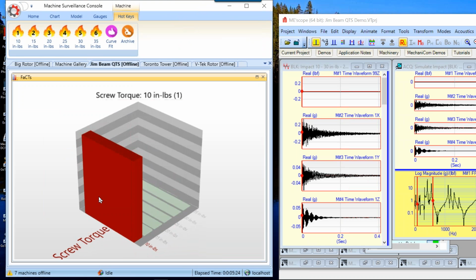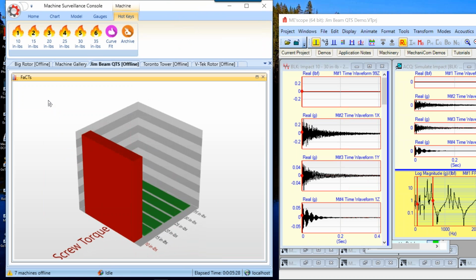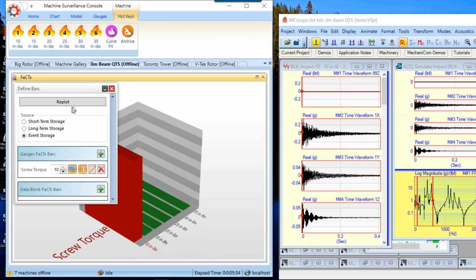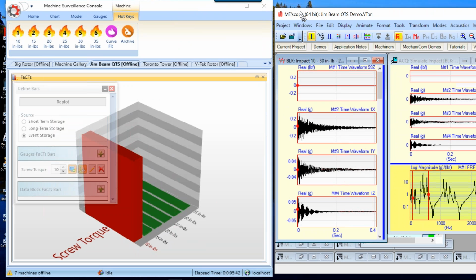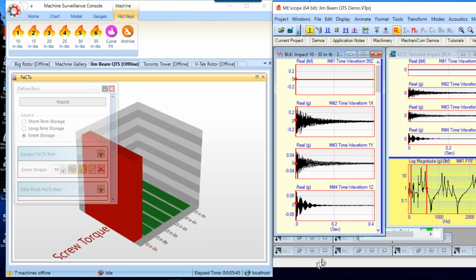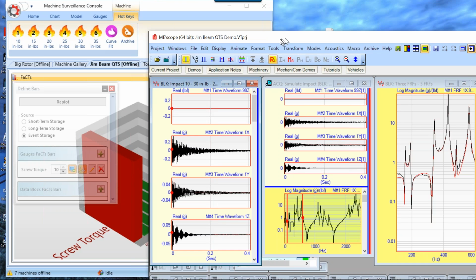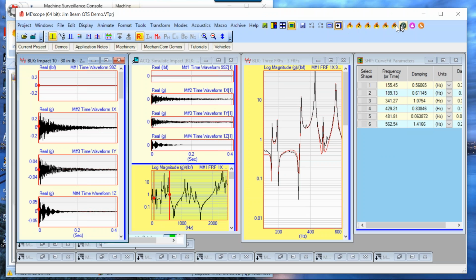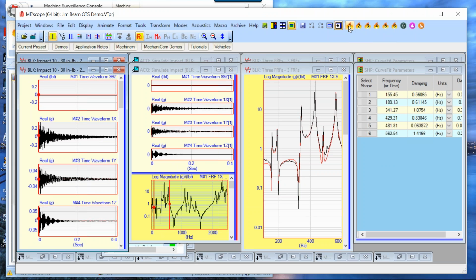So here's FaCTs for the screw torque. Now, how did I set that up? Let's go look very quickly at how we define the bars. If I go in here, now what's going to be put into the database are the 6 frequencies for each of these cases. Let me go back here and show you how this works in MEscope first. So I've got the same hotkeys here. So I'm going to push the first button here, and you'll see that